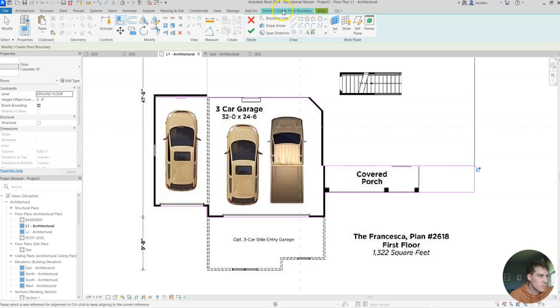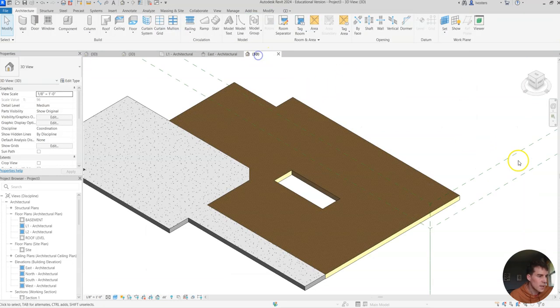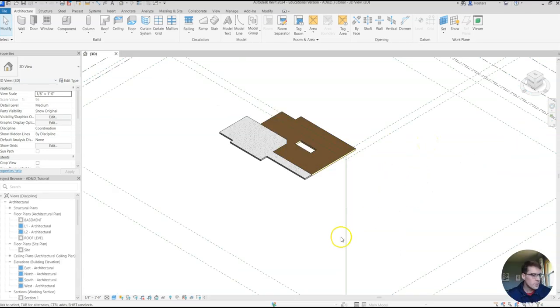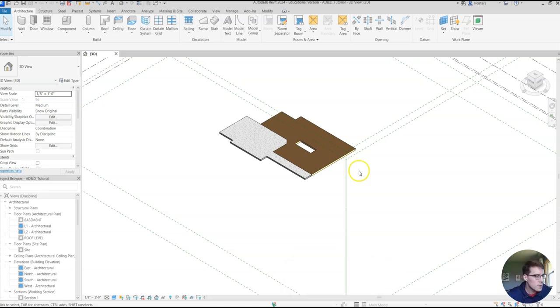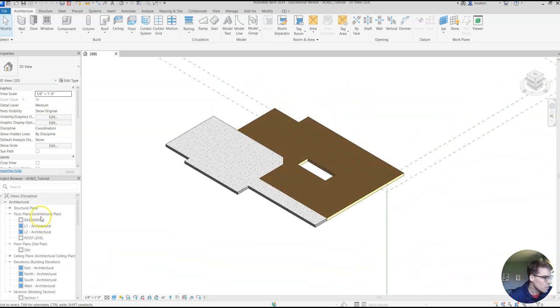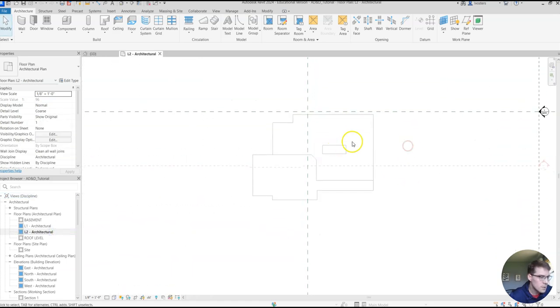So I go back to the modify create floor boundary. I can now click the green check. We should have a concrete garage and porch attached right to our first floor here. All right, so now that we've got our first floor kind of modeled up here, let's begin on our second floor. So from my project browser, I'm going to select L2 for my second floor,